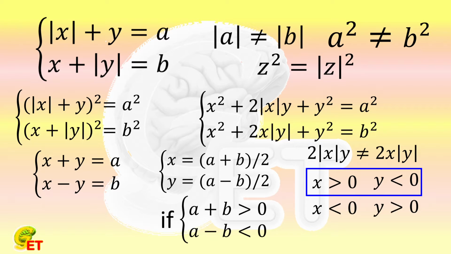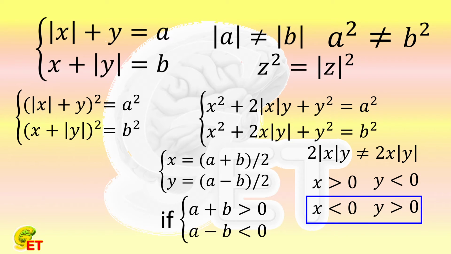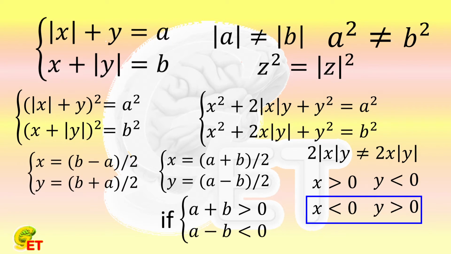In the same way, when x is smaller than 0 and y is bigger than 0, it is easy to find that x is equal to half b minus a, and y is equal to half b plus a. Of course, the parameter condition in this case is that both a plus b and a minus b are bigger than 0. Attention again. It seems that we have all the solutions, but in fact this is not the final